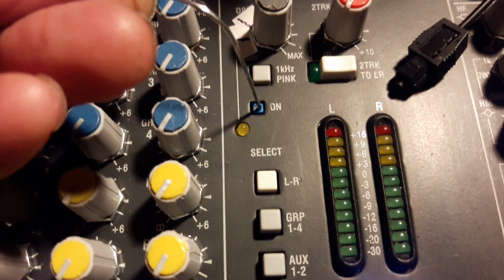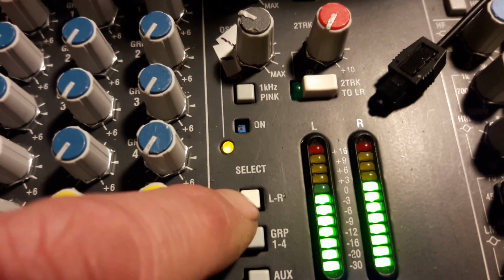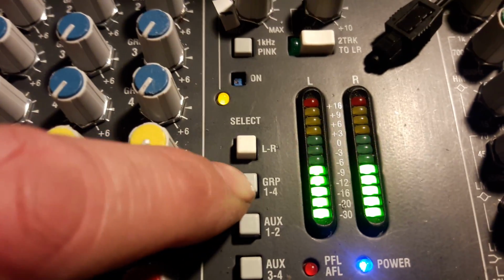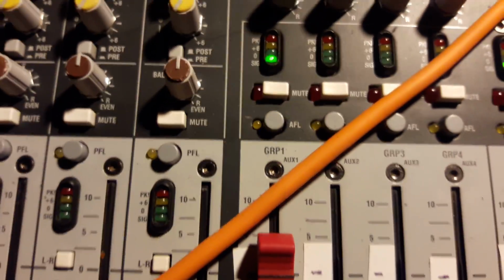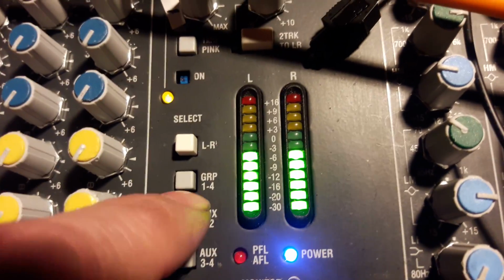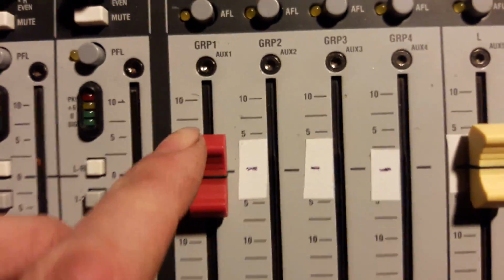Okay? And I can route that test tone anywhere I want. Right now I got it on the left and right out. I could put it through the subgroupings. Right now I'm sending it through the subgroups. And just understanding that you can do that, this can be a very useful tool in balancing out or calibrating